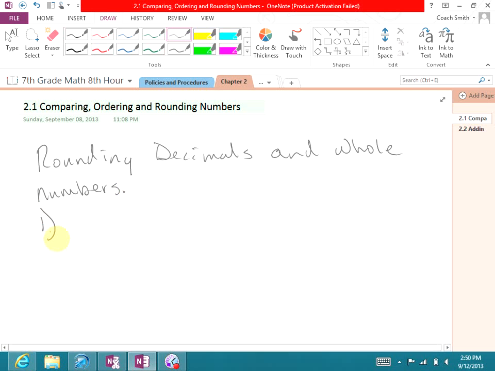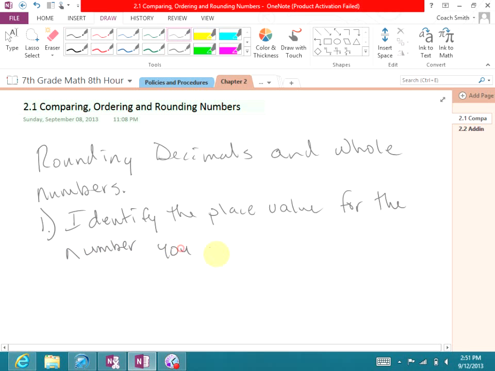Step 1 is to identify the place value for the number you are given. Okay? So, for example, if I had the number 7.126 and they told me to round